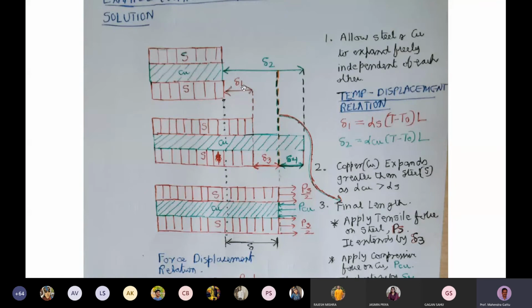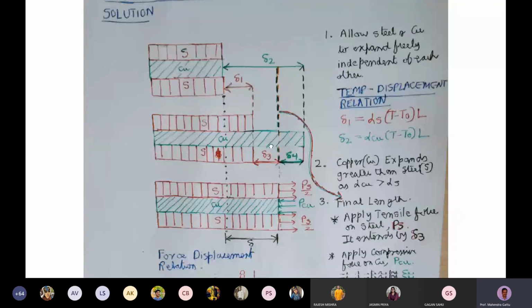So what is delta 1? Delta 1 is simply obtained from the temperature displacement relation. Delta 1 will be alpha steel times delta T times length. So alpha steel, delta T is T minus T naught, times length. And what is delta 2, which is the free expansion in copper? It will be alpha copper times delta T, which is T minus T naught, times length. So this is the free state. That means the steel bars are allowed to expand and the copper bar is allowed to expand